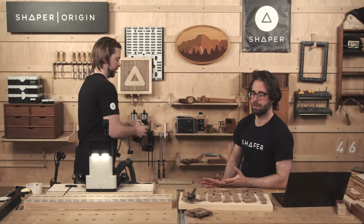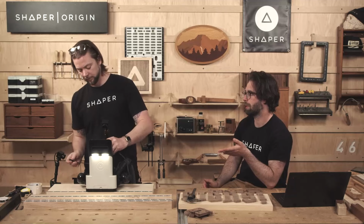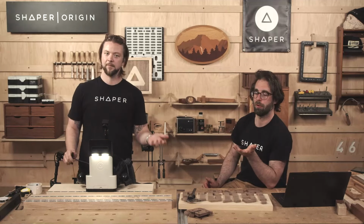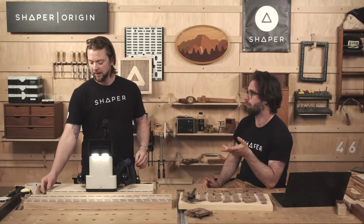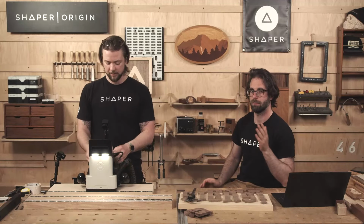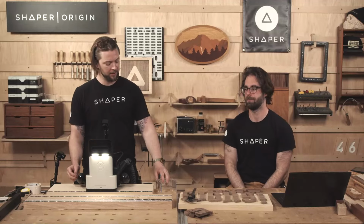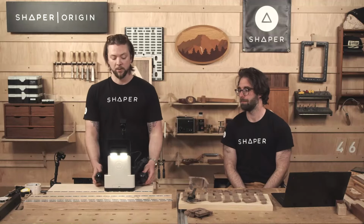And because this is just a sign and it doesn't have to be super precise, we can use this 1/4" bit to do our rectangle probe also, because we're going to probe the rectangle of this piece to get that exact center. Make sure everything's nice and square, get the center of the material to drop our design onto. All right, so while we're in that design mode,